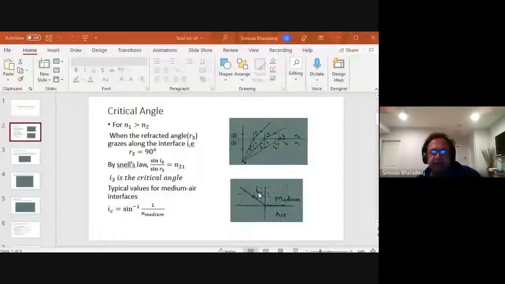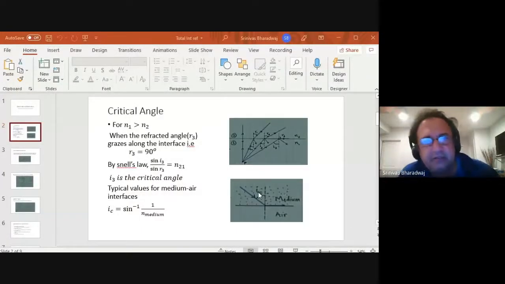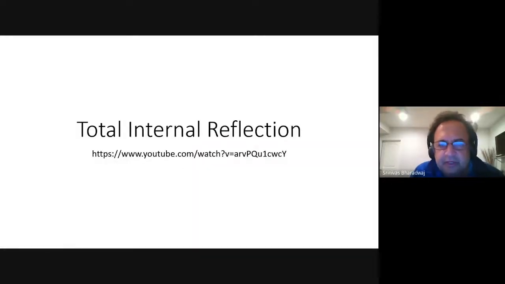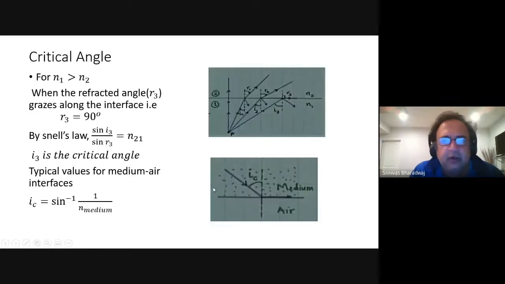So first, today I'm going to start with, as we continue the discussion, we did reflection, refraction, and then we looked at mirrors, not mirrors, lenses, right? So then we looked at optical instruments, and then we discussed how a telescope is different from a microscope. So today I'm going to do a refresh of what we did for total internal reflection a little quickly, because we are going into